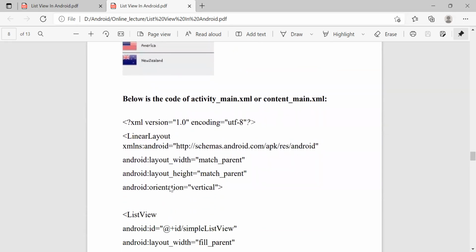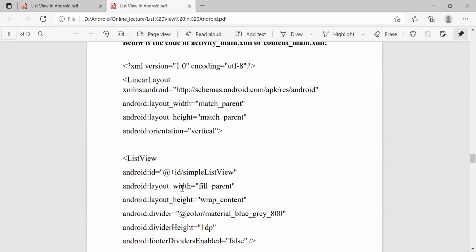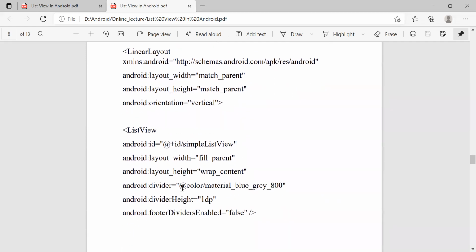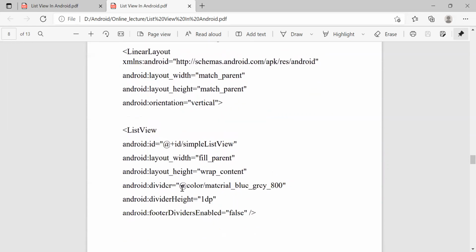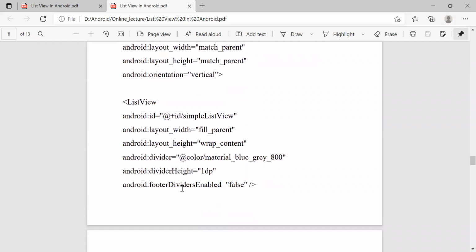For that, we use the linear layout with appropriate attributes like width and height. We use list view, so its orientation is vertical, because a list should show the items in a vertical direction. So we set its orientation to vertical. Then we want to display the list view. So this is the first layout page, that is the activity underscore main dot XML page, that is used to design our first page. On that we use the list view, and set its attributes like ID, width, height.